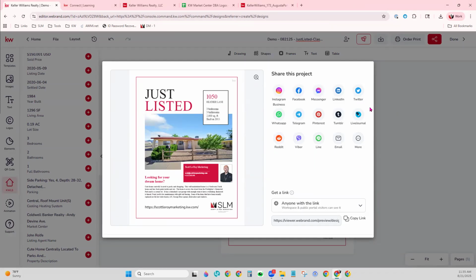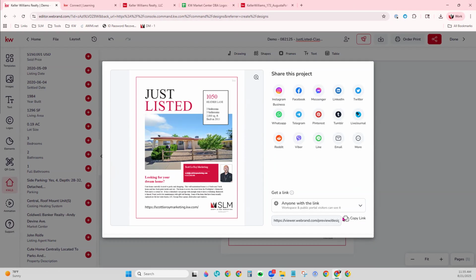It does say share this project with it on your social media. This is not what you want to do. Don't do this. It will actually be that same view that has the option for editing and things like that. So it's not what you think it's going to be. Okay. And so this is literally a link that you may share digitally with your client to show them the